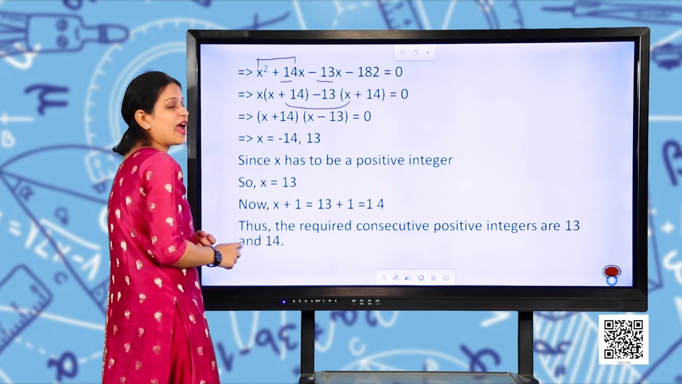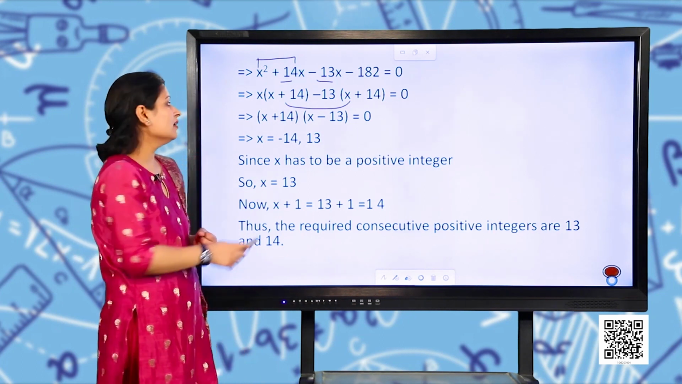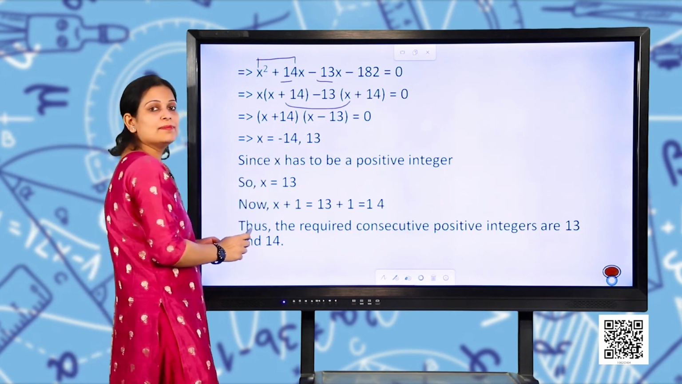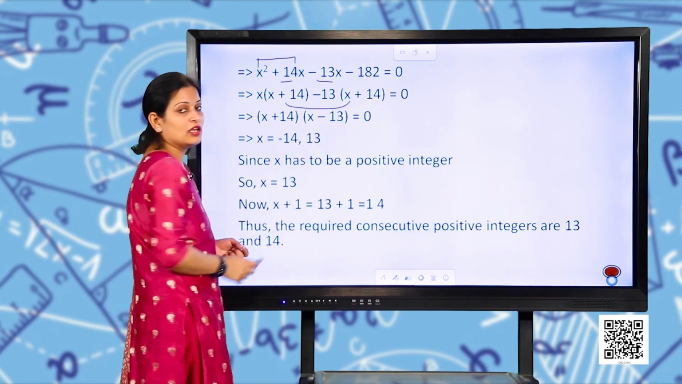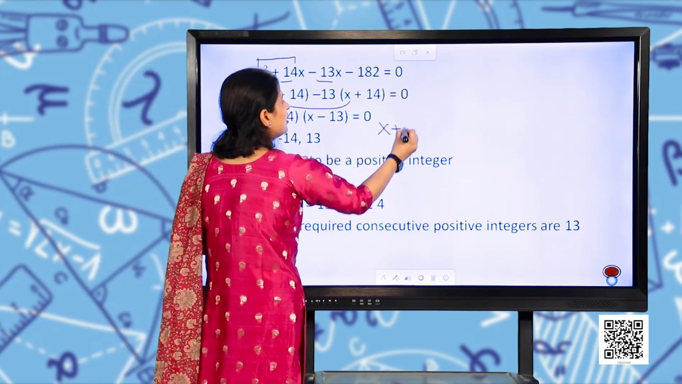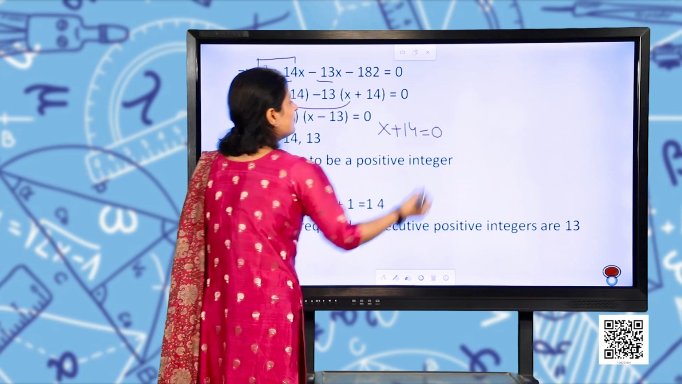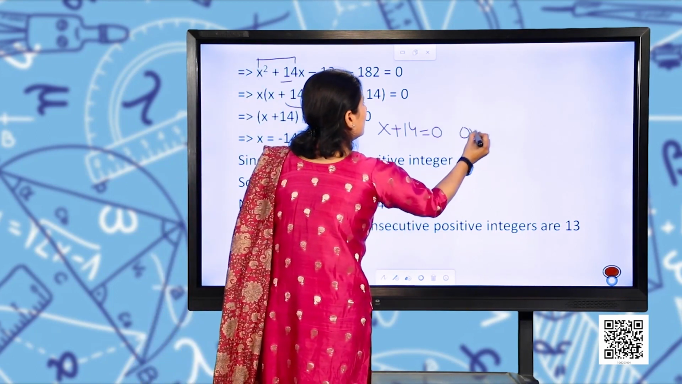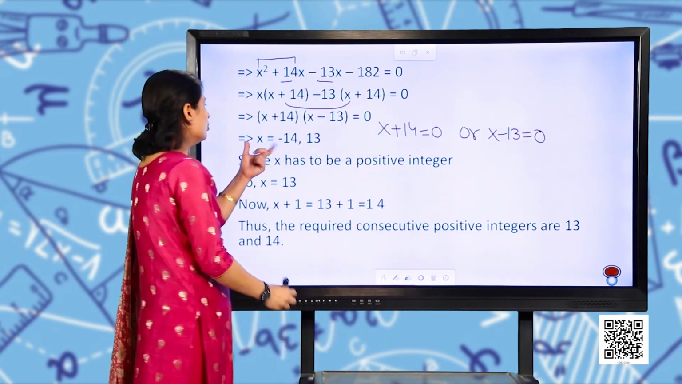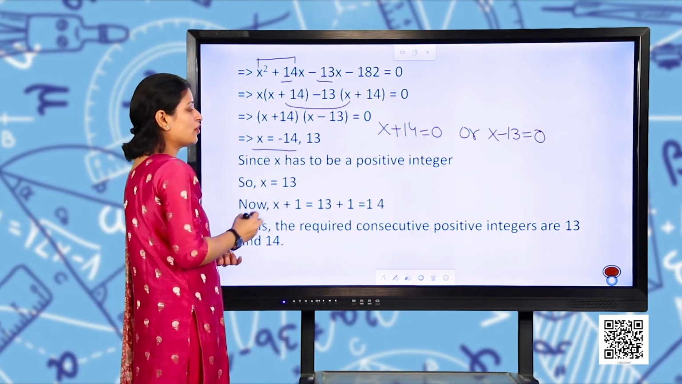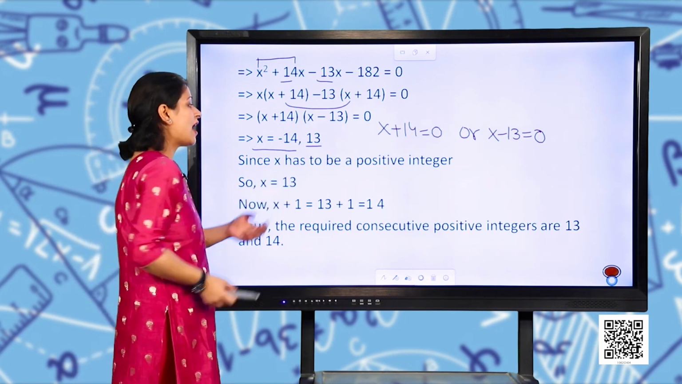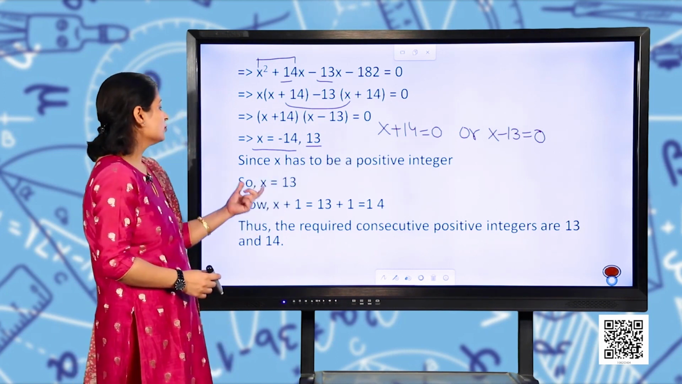In both, we have x plus 14 as common. So, two factors of the polynomial are x plus 14 and x minus 13 equal to 0. Simply put, x plus 14 equals 0 or x minus 13 equals 0. So, you will get x as minus 14 and x as 13. Since x has to be a positive integer, so x is